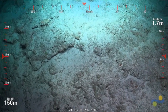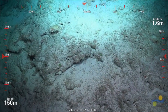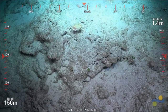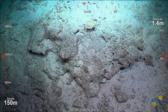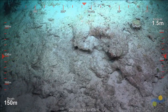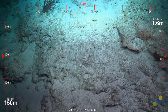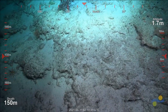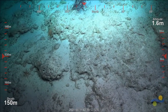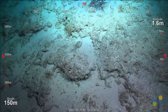So are you seeing everything you expected to see at 150 on the transect? Pretty much. I mean, we're pretty close to the edge of the photic zone here, and so we wouldn't expect to see a lot of cover down here. I've actually seen quite a lot of this sort of part of the reef before, but the way we've always sampled it before has been with a towed video system, which means we've been running a towed video at about 1.5 knots across these sorts of habitats,